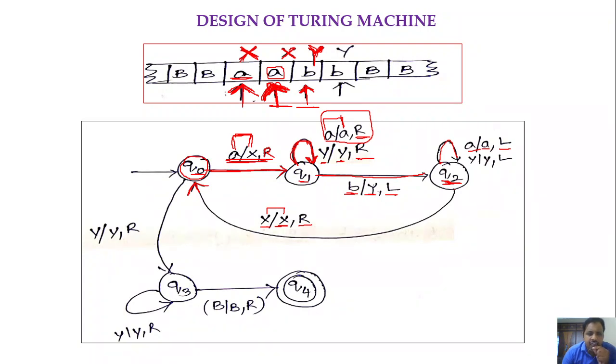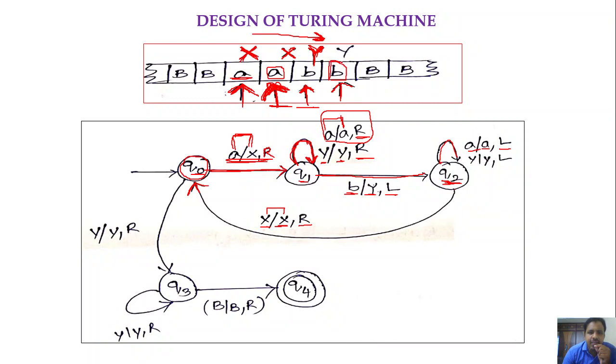Okay, so after marking a with x, we are moving the head towards the right side. We are in search of the input symbol b, right? During the right movement, if we get any x's or y's, we keep them as they are and move the head towards the right until we find the b symbol. Here we got y, so keep that y as it is and move the head towards the right. After that, the head is pointing to b.